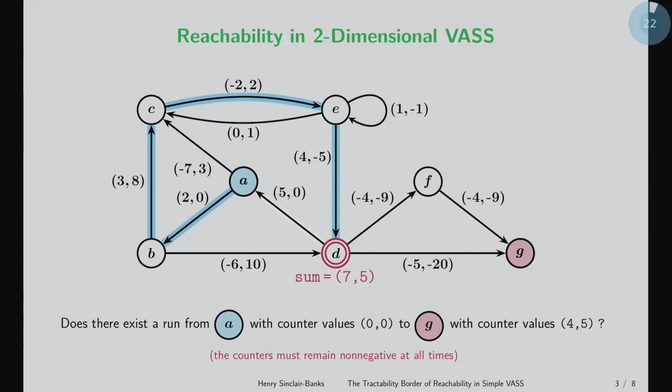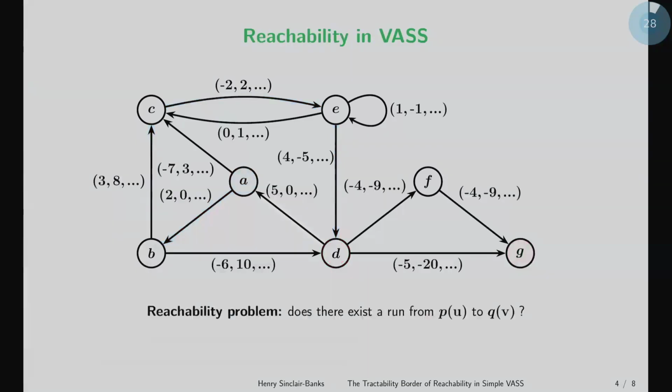Reachability is really hard, and in general, you don't need 2 dimensions. You can have any number of counters. When I say a 2-dimensional system, I was talking about the previous one, but you can have a 3-dimensional, 4-dimensional, whatever. And reachability asks, from an initial configuration, can you reach a target? I hope that's clear enough now. I'm not studying the full reachability problem. That's been well studied by a lot of people in this room. So instead, I'm going to talk about simple vector addition systems.